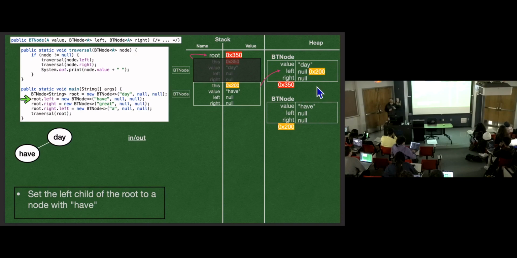We set this null for the left child, and we're replacing the null with a reference to a new node. This is just like any other variable reassignment, but we got quite a few twists going on here. One, we're updating an instance variable on the heap, and that variable is supposed to store a reference. It didn't, so it had the value null. And now that null is being replaced with a reference to another object, whatever this constructor call evaluated to. So we're going to root.left equals, replacing what was there with a reference to this new object that was created. And that's how we're formulating our trees.